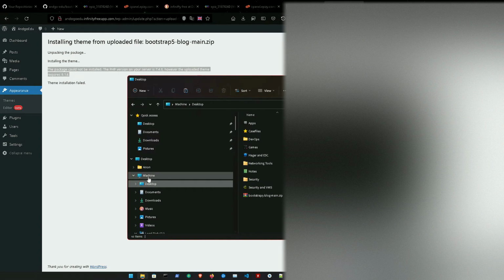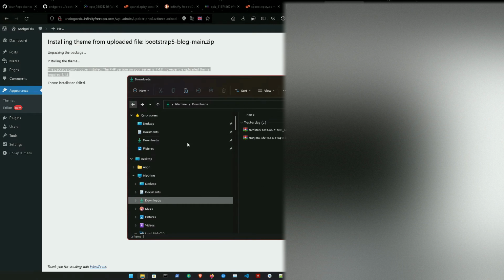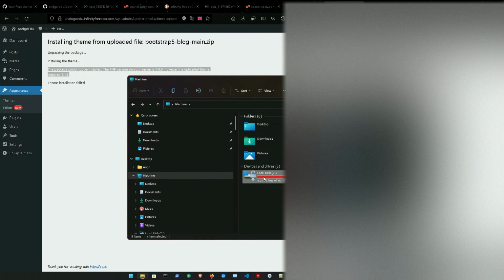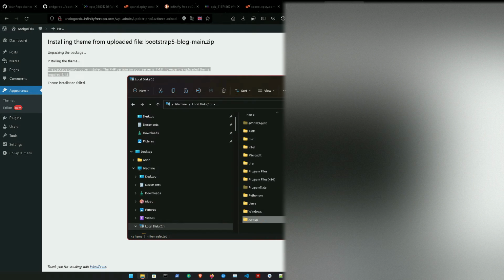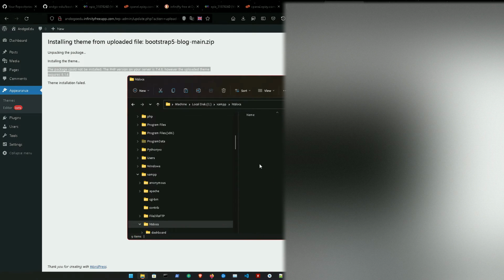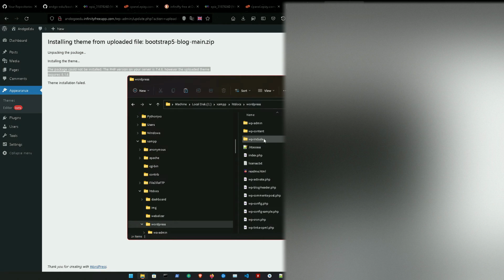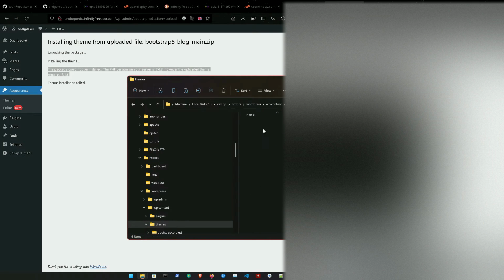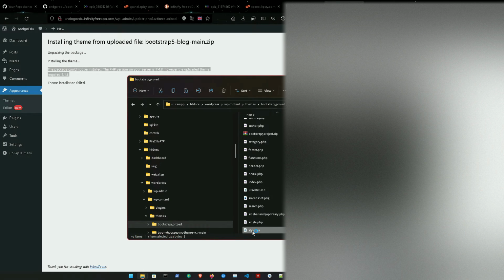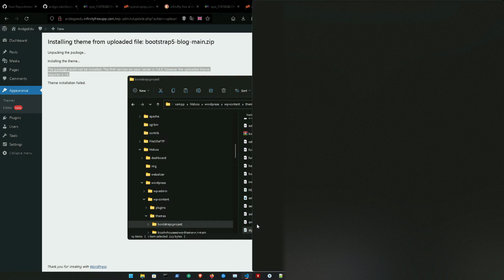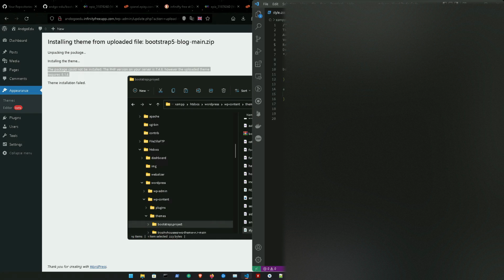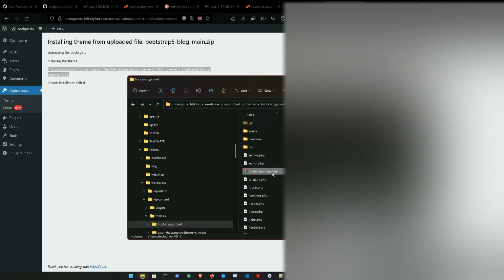Let me just go into my local disk C, XAMPP, htdocs, and it's good to see these errors as well, guys, so we can learn. So we just go into the Bootstrap 5 project and then go into style.css. Alright, so we just need to remove requires PHP 8.1.6. That's all we basically need to do. So I'm gonna delete this one,